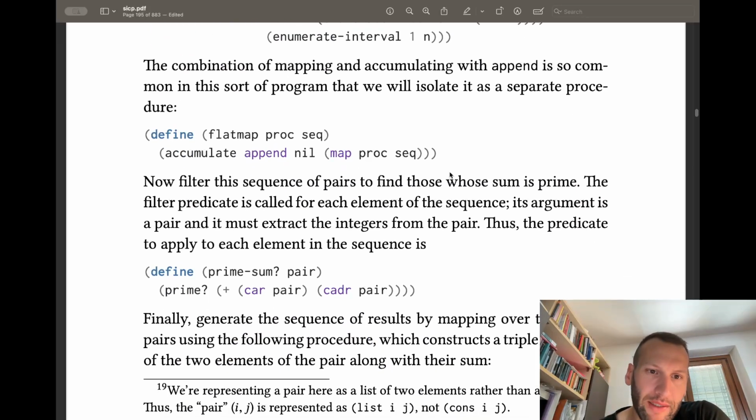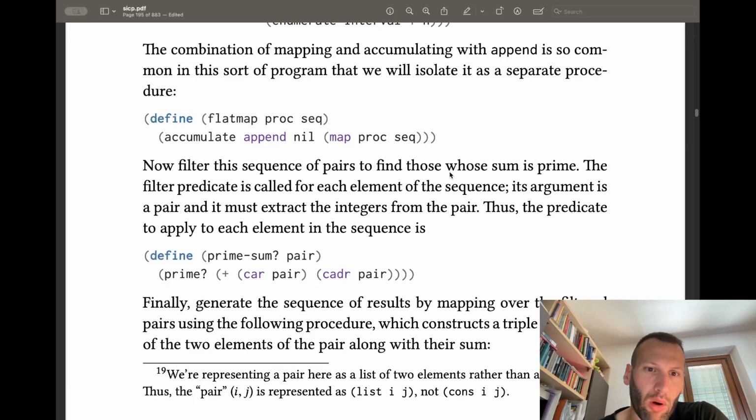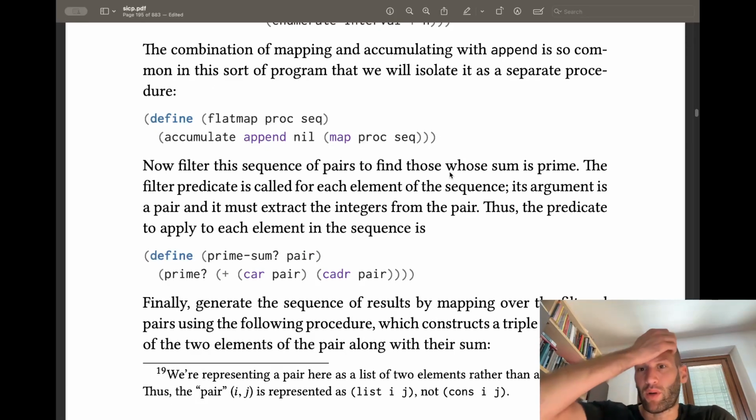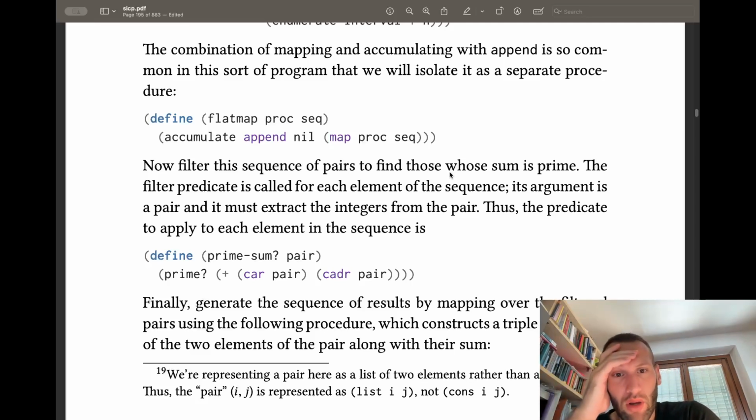Now filter this sequence of pairs to find those whose sum is prime. The filter predicate is called for each element of the sequence. Its argument is a pair and it must extract the integers from the pair. Thus, the predicate to apply to each element in the sequence is